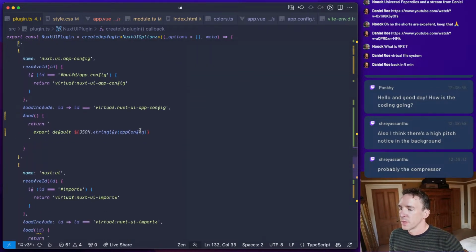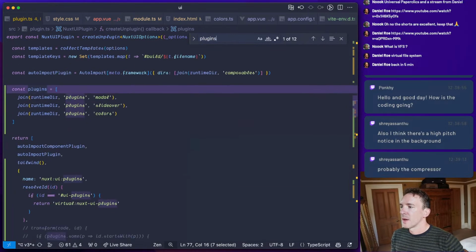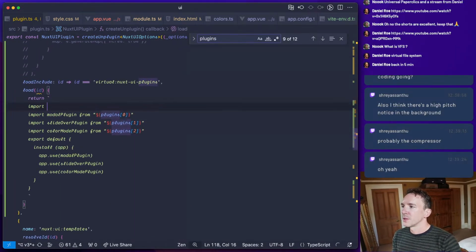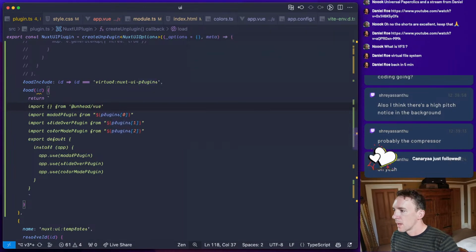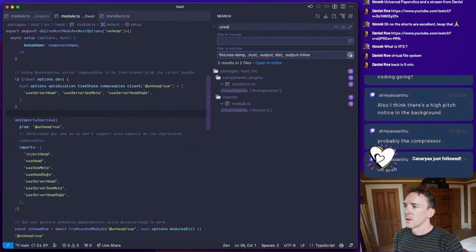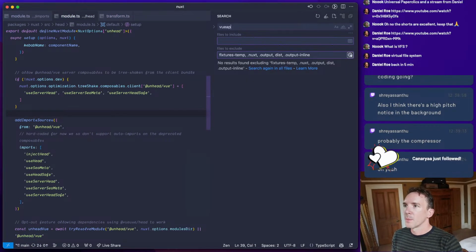So I need to do one more thing, right? Our plugins. We have those three plugins, but we also need to do one more, which is import from unhead Vue. And what do we do in nuxt? Vue app views.